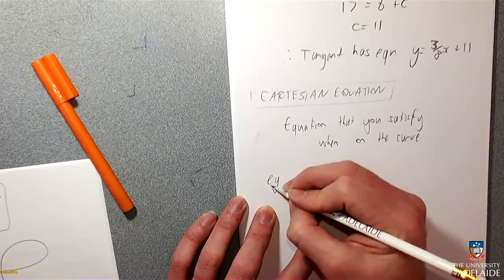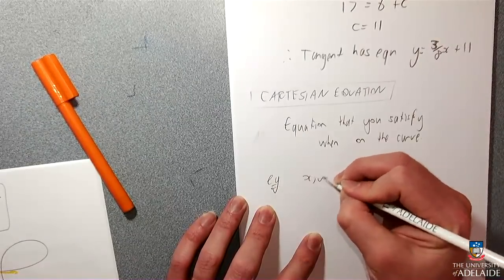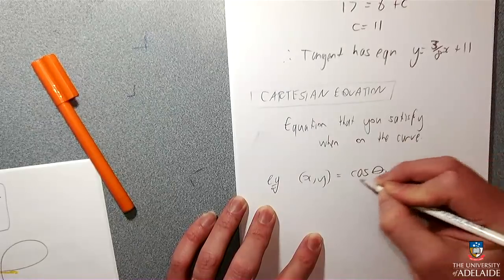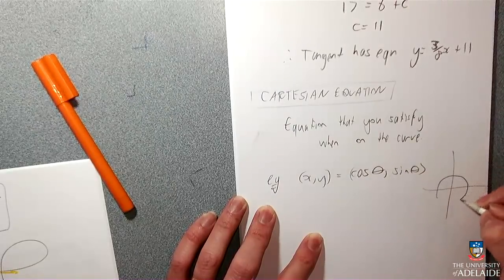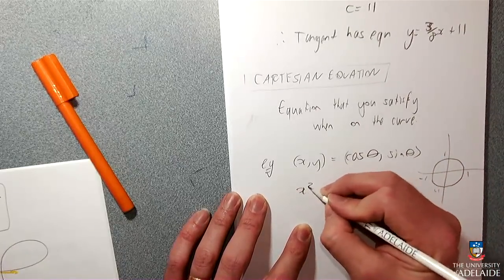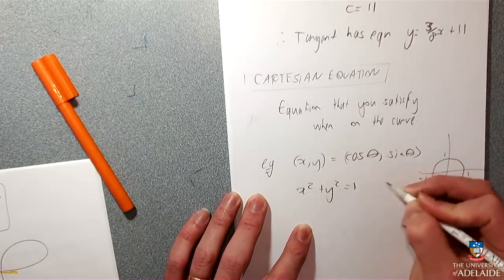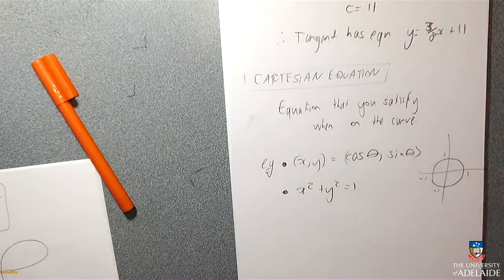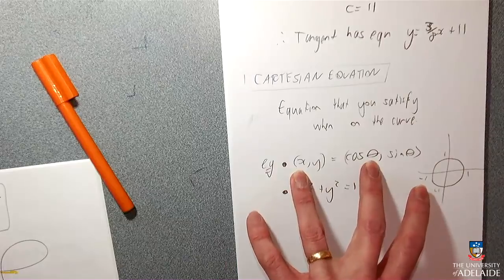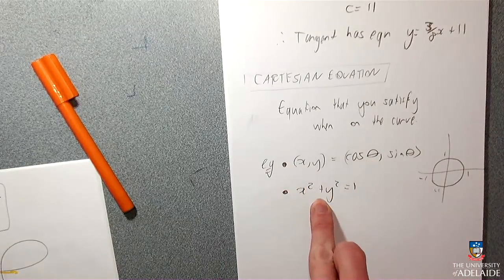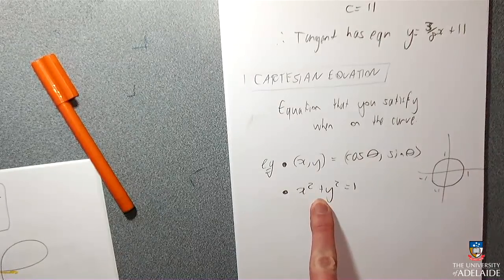So just as an example, if you had x, y equals cos theta, sine theta, which is this circle, you could just as easily have this version. This one tells you what every point on the circle is. You choose a theta and it tells you a point on the circle. This one tells you none of the points on the circle, but it does give you a rule for telling if a point is on the circle or not.